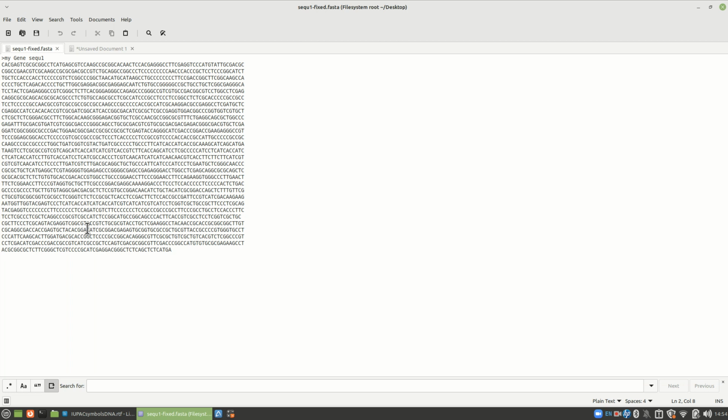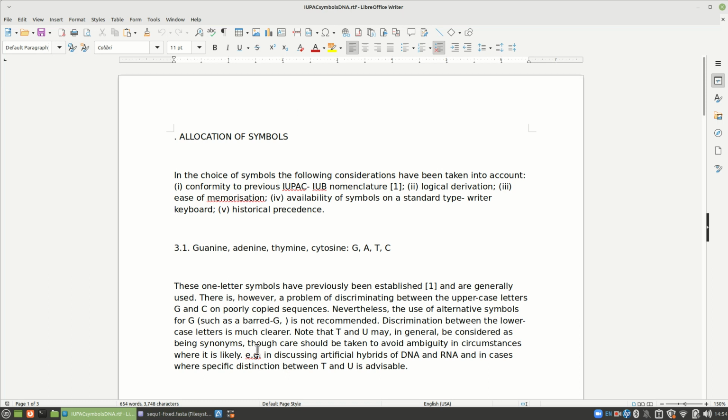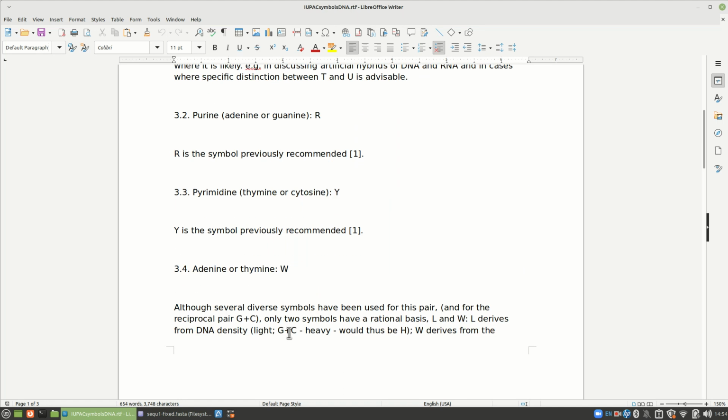Alright, I'm going to help you out in finding some of these sequences. There'll be three sections like we have seen before, or three tasks, and each individual will work on each task. And I'm going to do one part of each task for each person. So the one thing we need to know is we have to have these IUPAC symbols for